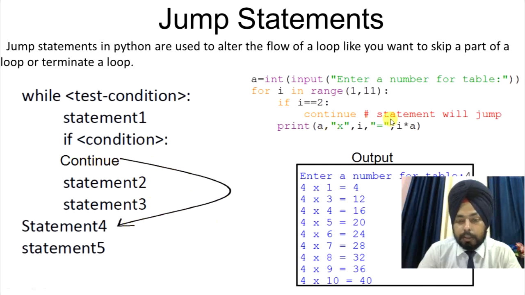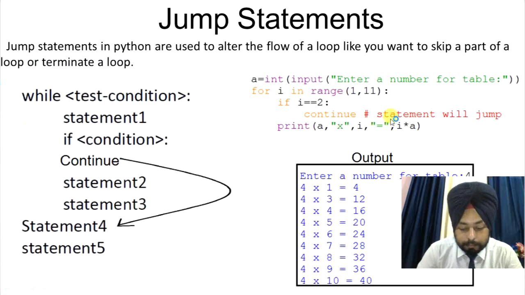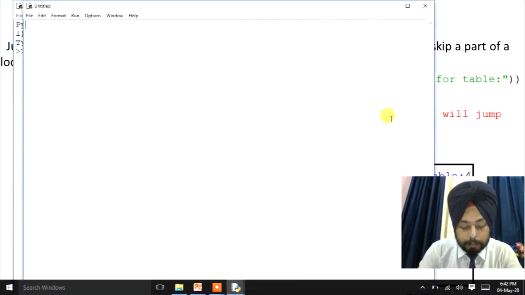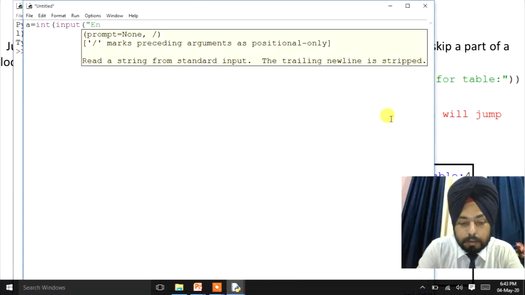Let's take an example. Now in script mode, here we'll type the program: a equals to int, then input, enter a number, right.